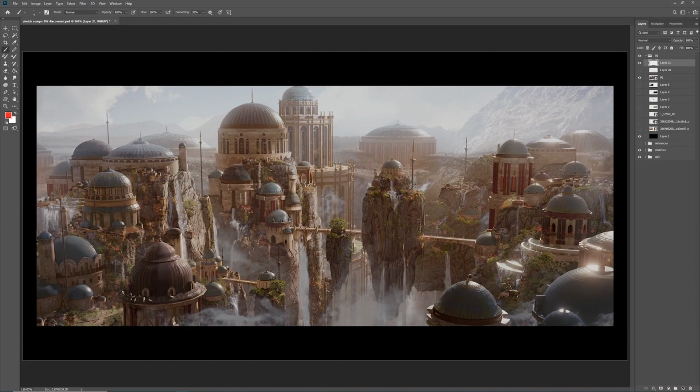So here we have to start to talk about what kind of buildings. Here, if you see, we have this kind of domes that every building has, and this is really special, really important to create the continuity between all the buildings. Because you can see really quickly that all of these buildings belong to the same civilization or to the same